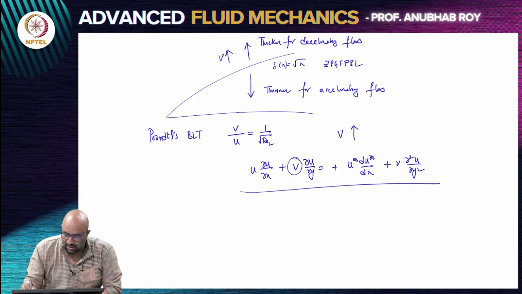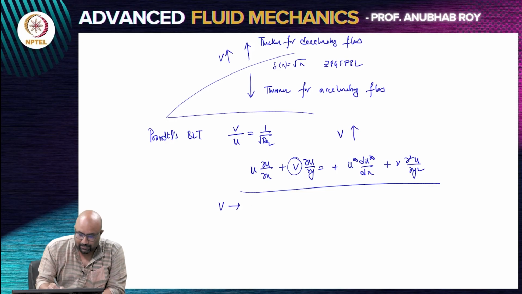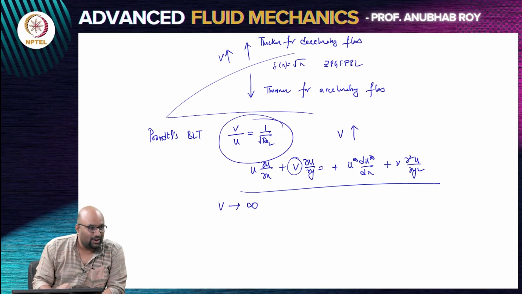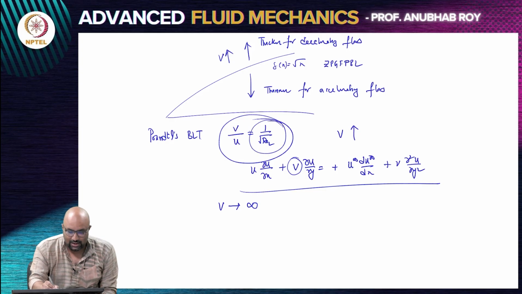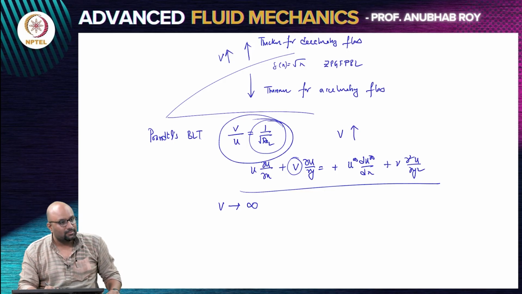a scenario where, based on the predictions of Prandtl's equation, vertical velocity is going to become infinitely large. Because if vertical velocity becomes very large, then as per this particular theory, it needs to become infinitely large for it to become comparable to the horizontal velocity. Because as per Prandtl's theory, vertical velocity is asymptotically smaller than u. So, the magnitude of the vertical velocity has to become infinitely large for it to get comparable to your horizontal